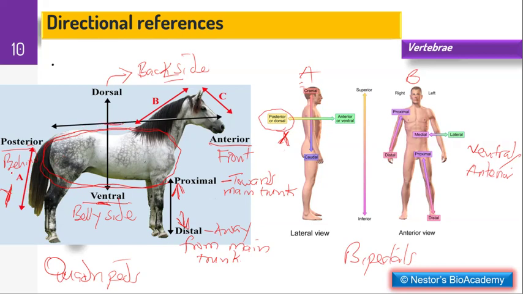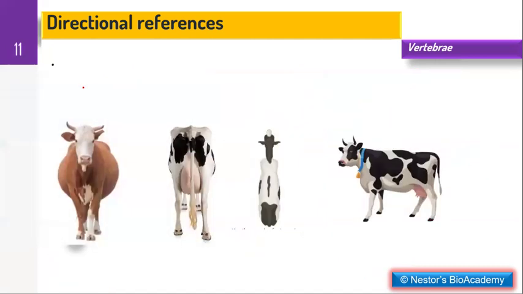So again, the posterior view and the dorsal view become quite different compared to the case of us that walk in twos. Just like, let me bring you to these illustrations. If these illustrations are representing this, if I'm looking at the cow from the front, this is the illustration I'll make of it. This is the view I see. So this is the anterior